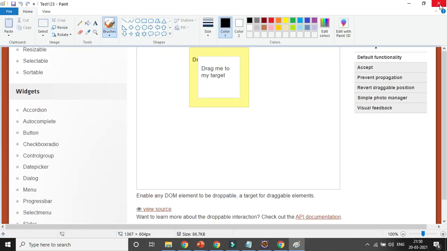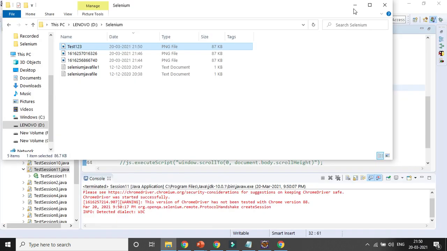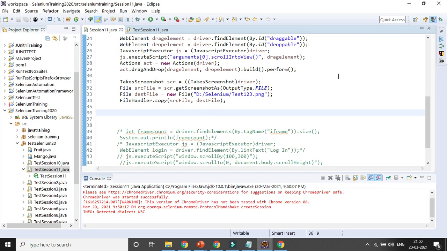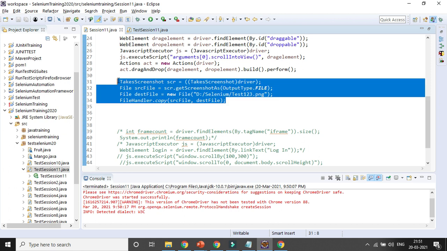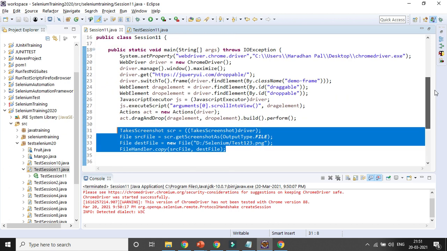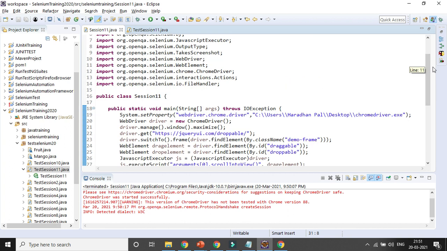Now say I want to capture a screenshot for each and every page, right? So you can use that function for each and every page. But definitely in case of any small change, it will create a problem. So that is the reason it is better to create a new class for capturing screenshots, right? So I will be creating a new class.